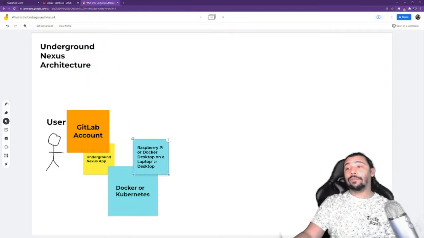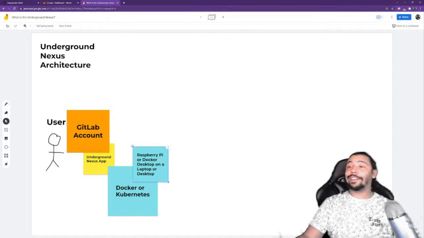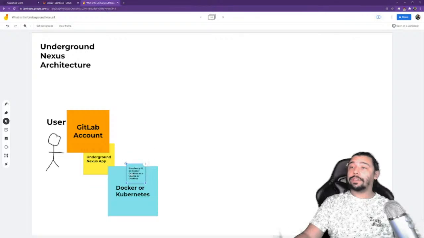We'll get into what all you can do with this thing over time, but I just got to start talking about what this thing is. So Raspberry Pi or Docker Desktop are the applications you can use for that.